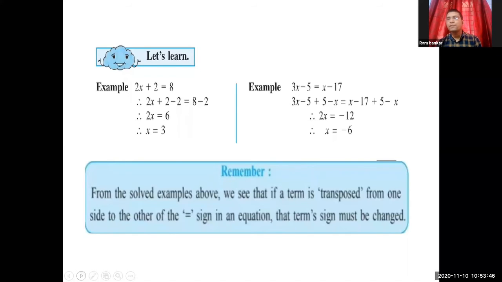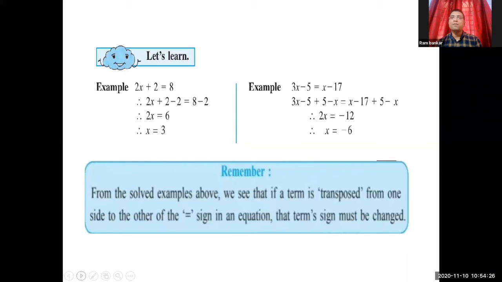How is x equal to 3? Yes, I will tell you. Write down x. If we take the 2 in the term 2x to the right hand side, it will be transposed in the division form. What is the sign between 2 and x? The sign between 2 and x is multiplication. So multiplication, going to the right hand side, will become division. So x is equal to 6 upon 2. What is the answer of 6 upon 2? Count the table of 2 till 6. 2 3s are 6. So x is equal to 3.